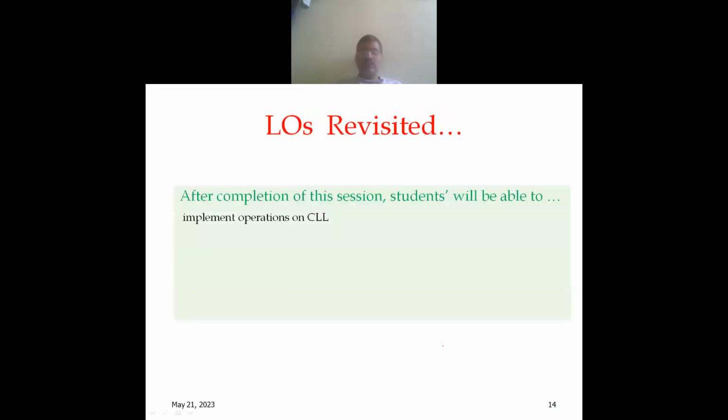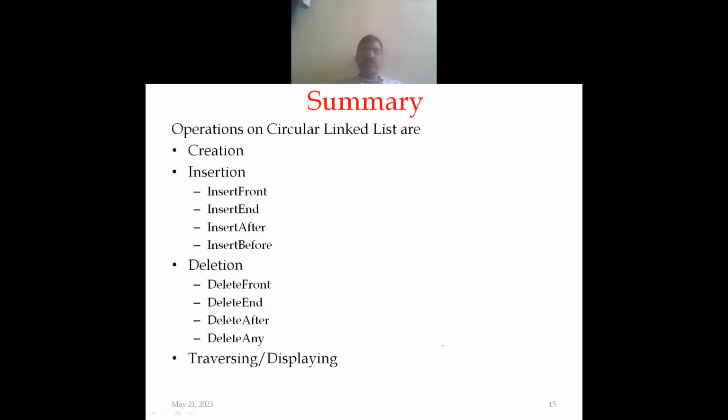Lecture outcomes are revisited here. After completion of this session, students will be able to implement the operations of single linked list, circular single linked list basically. So these are the operations we can define on circular